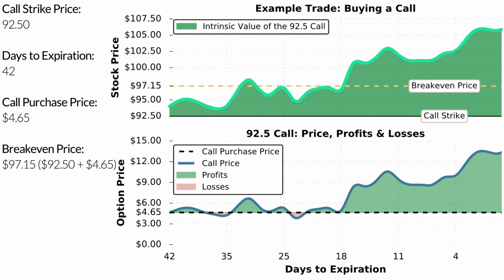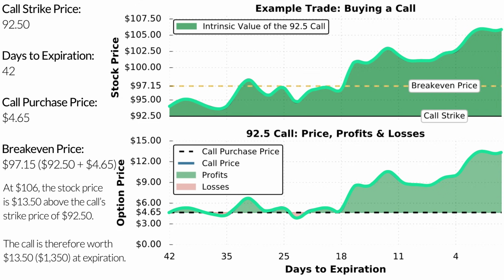At expiration, the stock price is around $106, which means the $92.50 call option has about $13.50 of intrinsic value. Now that's because at $106, the $92.50 call option has the ability to purchase 100 shares of stock at $92.50, which is exactly $13.50 lower than the current share price of $106. Because of that, at expiration, this call option is trading with a value of around $13.50, which we know, when we account for the option contract multiplier of 100, gives us an actual call option value of